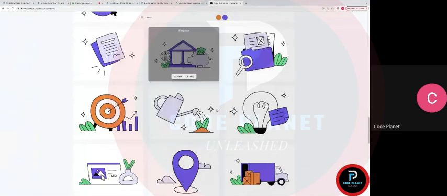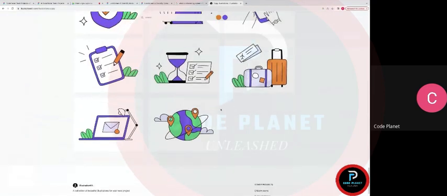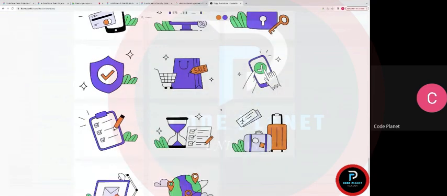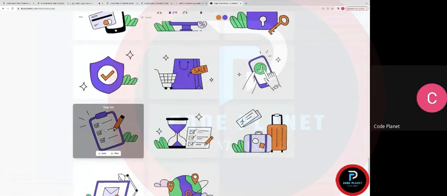There are so many illustrations you can just pick from here. Now this one seems like a good one. You can either use this or you can use